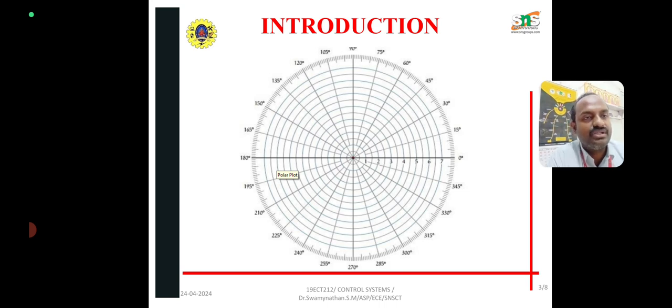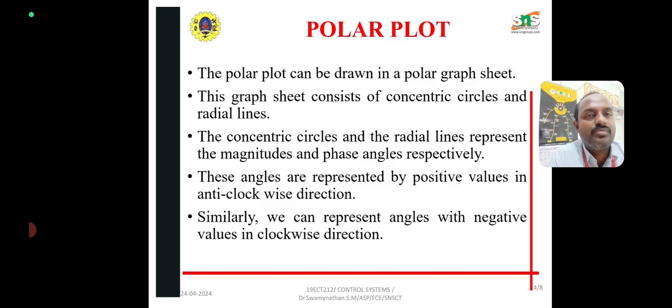We draw the values for the different magnitudes and different phase angles based on the angular frequency omega, and plot them on the polar graph sheet using these radial lines and the normal lines. The concentric circles and the radial lines are the important concept used to mention